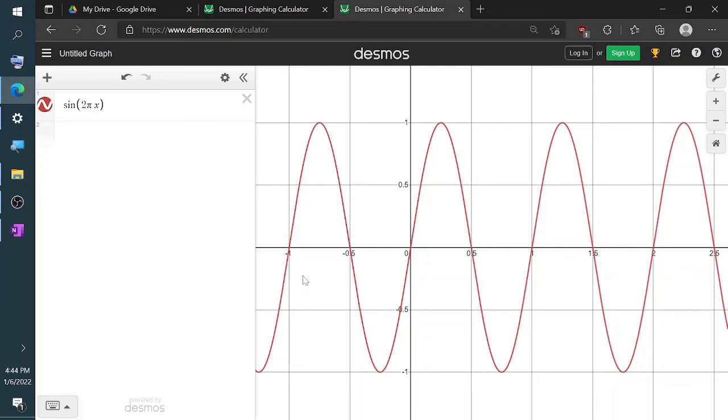Returning to Desmos, we can confirm this fact. I want a sine function with a period of 1 unit, and we found that to achieve that, we can multiply the input by the number 2 pi. If I graph that function, you can confirm that this particular function, its wave pattern repeats every 1 unit. There is 1 unit between the two peaks, or there is 1 unit between the beginning of one cycle and the beginning of the next cycle. 2 pi in the input would give you a period of 1.